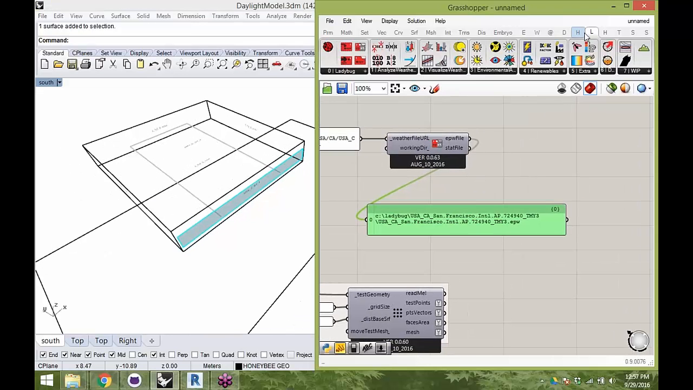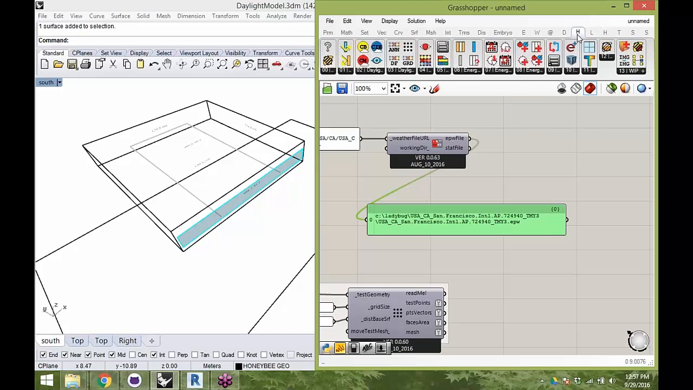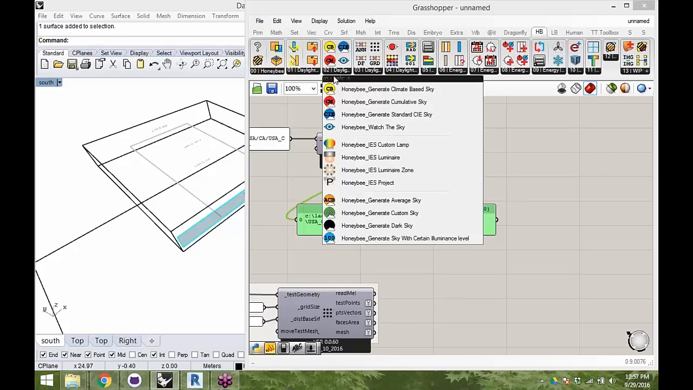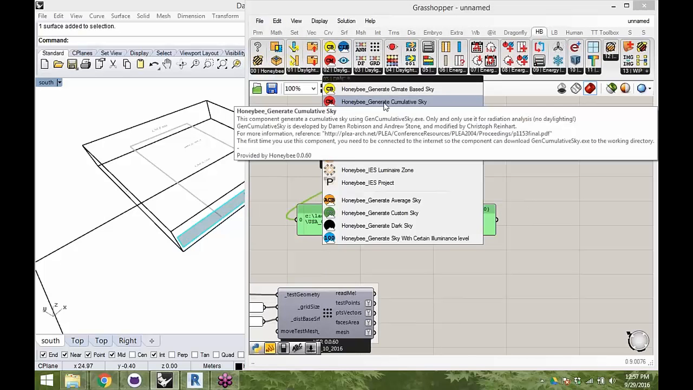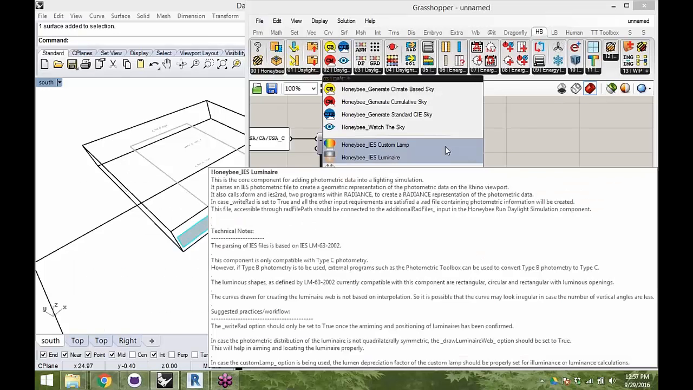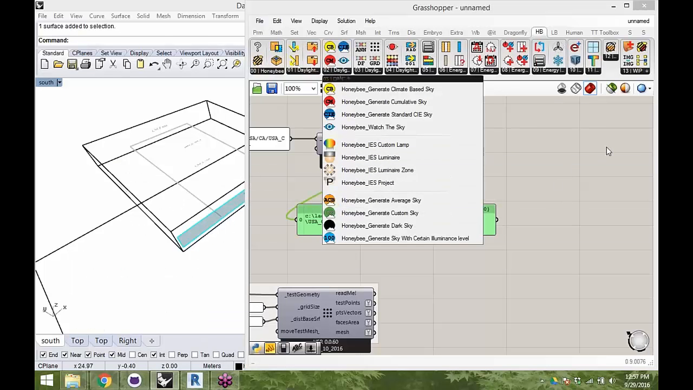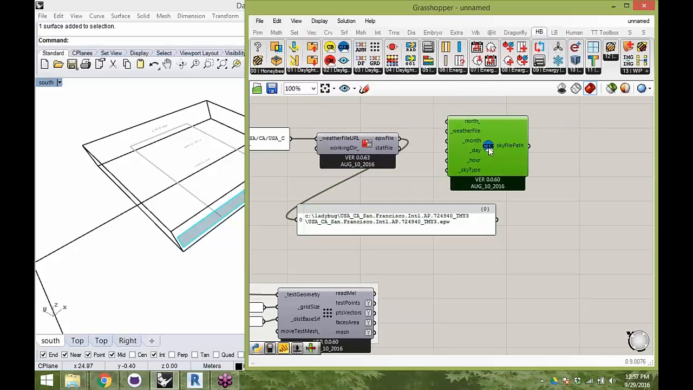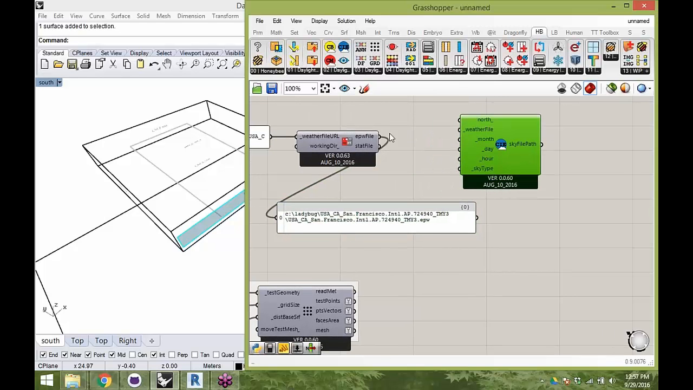So in order to make a sky right now, I'm going over to the Honeybee tab. And you'll see that we have a whole section here, a whole Daylight section for just generating different types of skies, as well as generating the electric lights, which we're going to use later. So I'm just going to connect up. I'm going to grab a Honeybee Generate Standard CIE Sky here. I'm going to drop it on the canvas, and you'll see that it takes as an input our weather file,